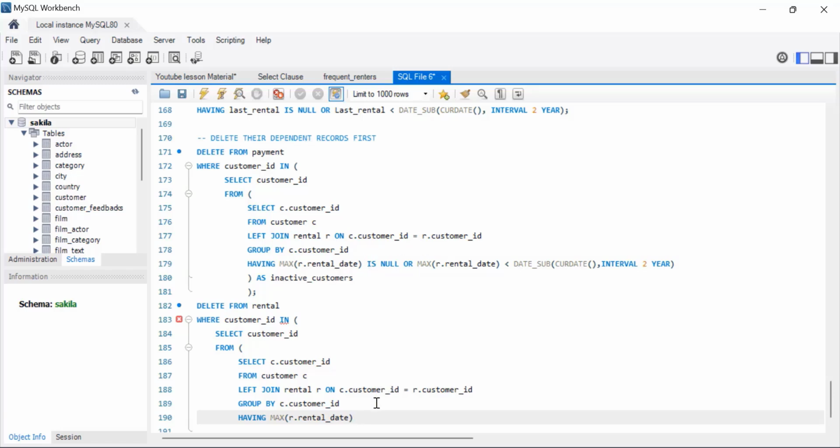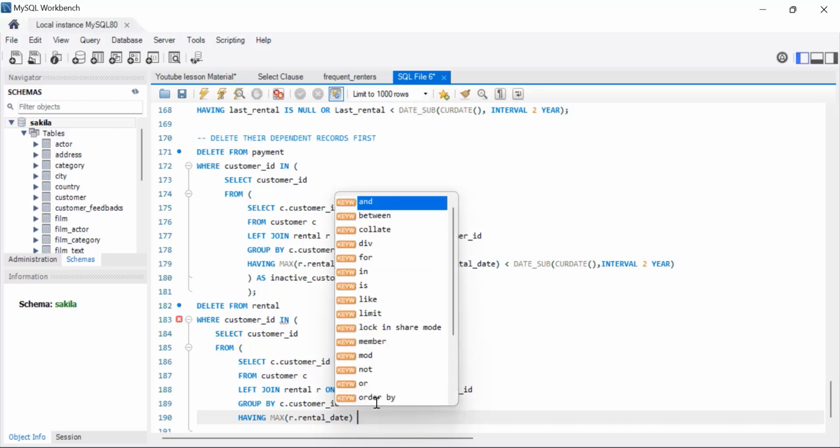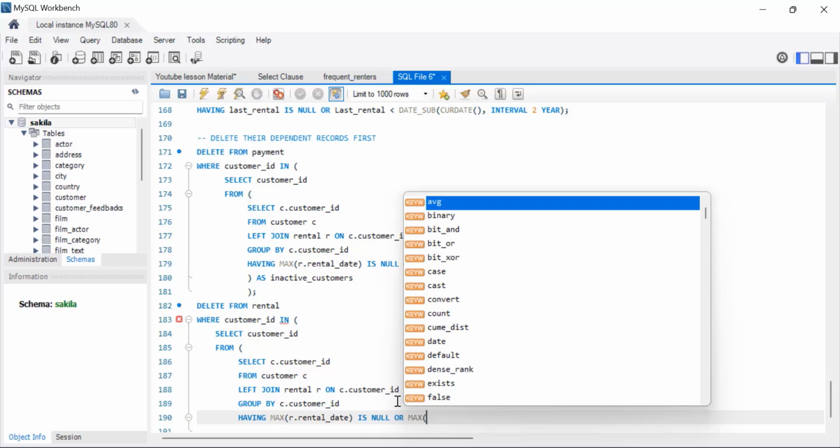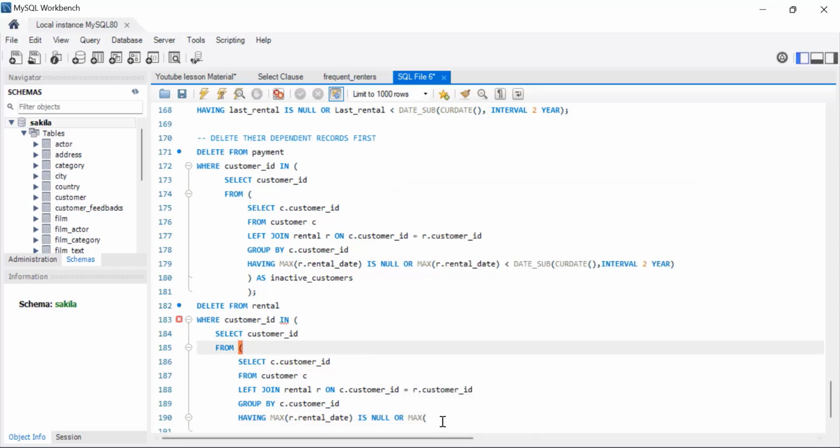What we did here is null or max, because it will actually depend on each other. Max renter.renter_date. You can see it's bringing it out for us. Close parenthesis, less than